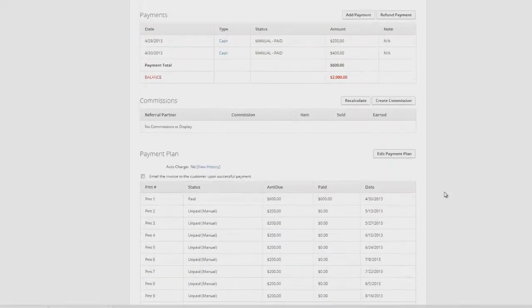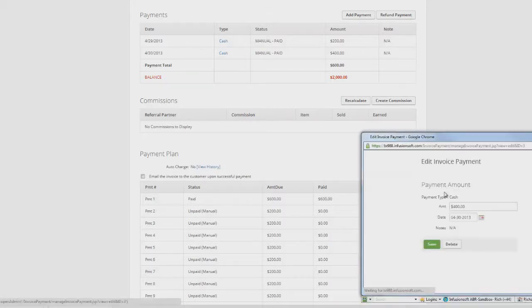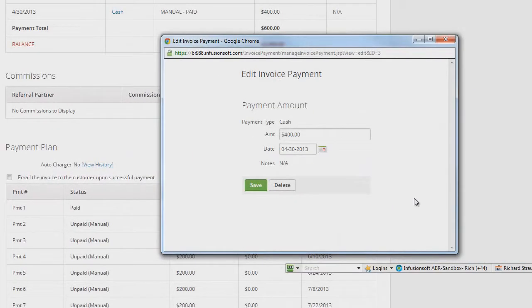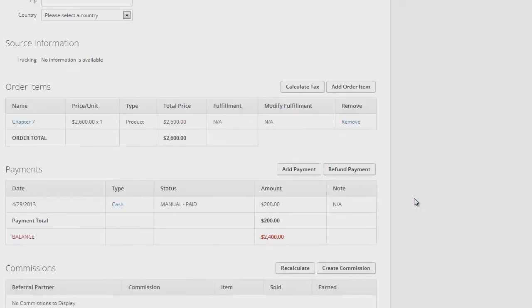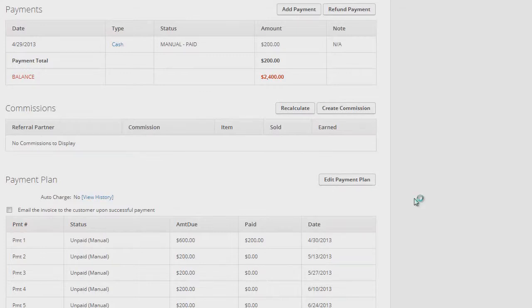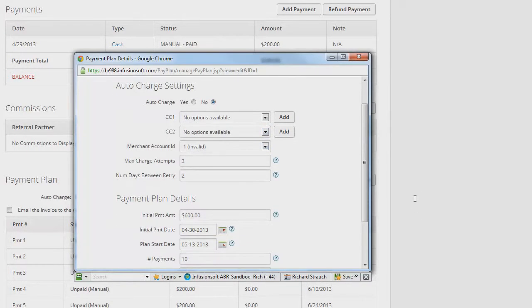And so for the purposes of our demonstration in a second, I'm going to go ahead and delete that. I'm going to go back to what we originally did. And you can do this, by the way, you can permission people so they can or can't do this. That's important to know. I'm going to go back here, and I'm going to show that they paid $200,